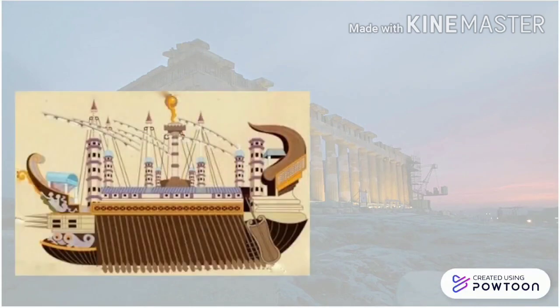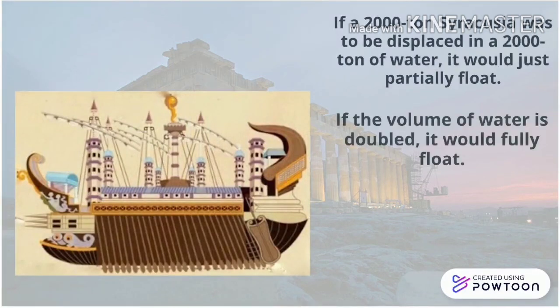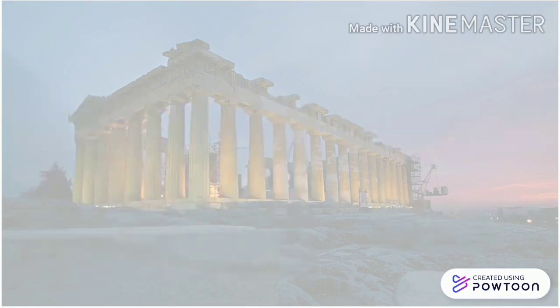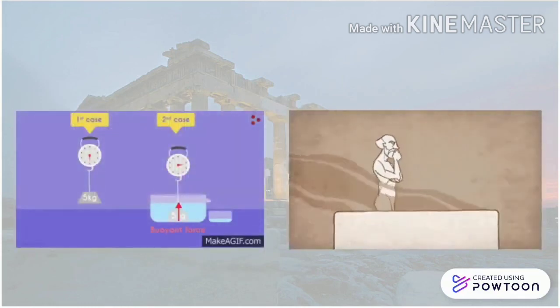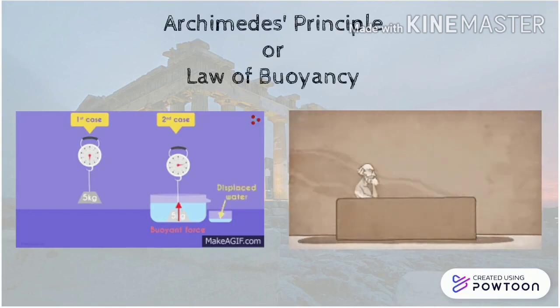So, if a 2,000-ton Syracusia was displaced in 2,000 tons of water, it would just partially float. If the volume of water is doubled, it would fully float. If the volume of water is halved, it would definitely sink. This is the law of buoyancy, or Archimedes'